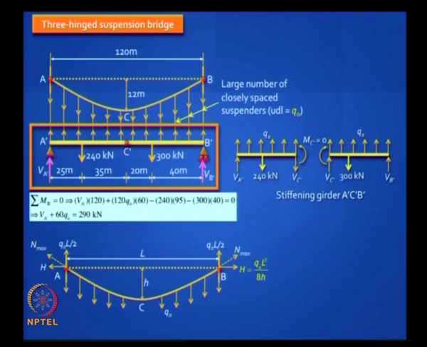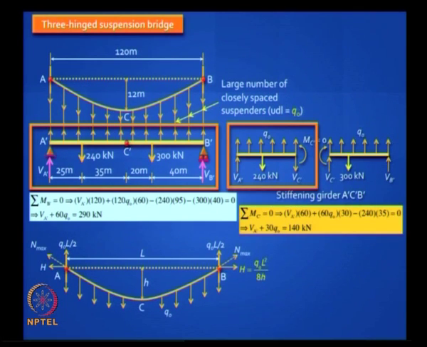Next, you take that beam apart and you invoke the equation of condition that at the hinge there is no moment transfer, MC is equal to 0, and then you will find that you can solve this equation and get another relationship from which you can establish the value of Q naught. Once you know Q naught, both systems can be separated out, the cable is easy to analyze and design.